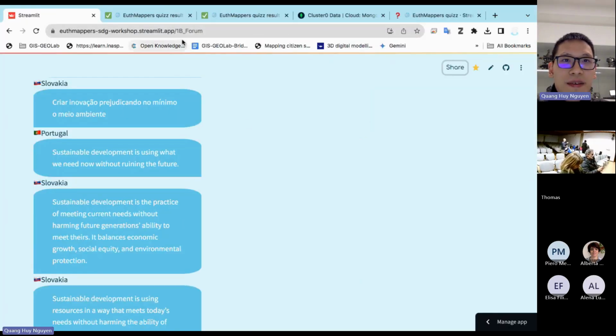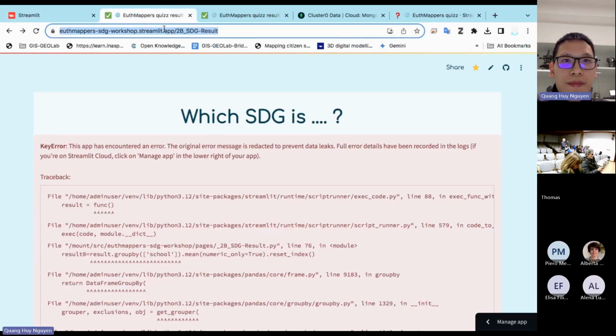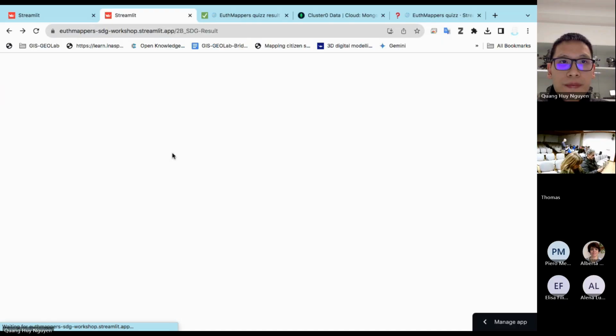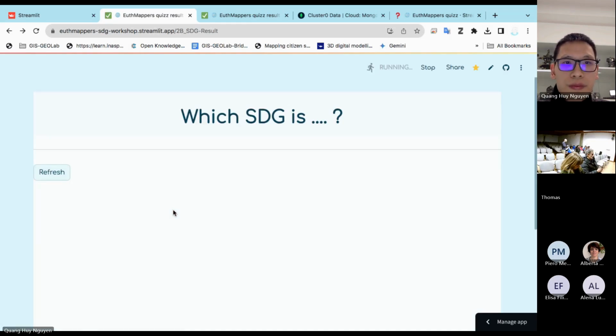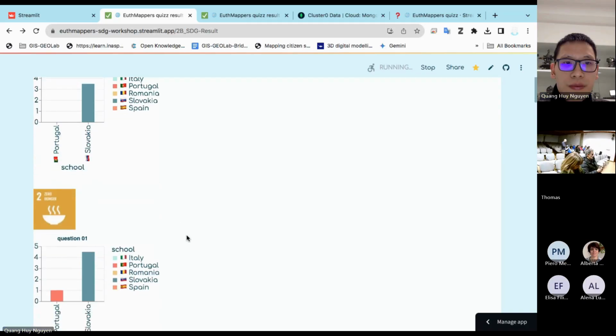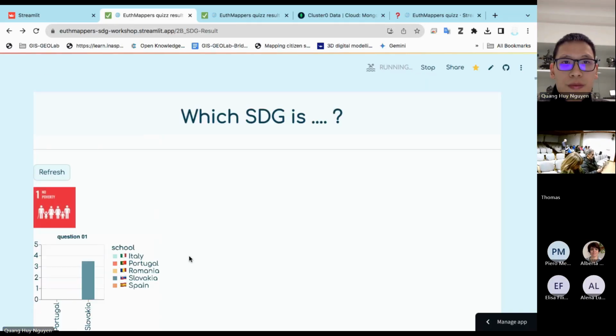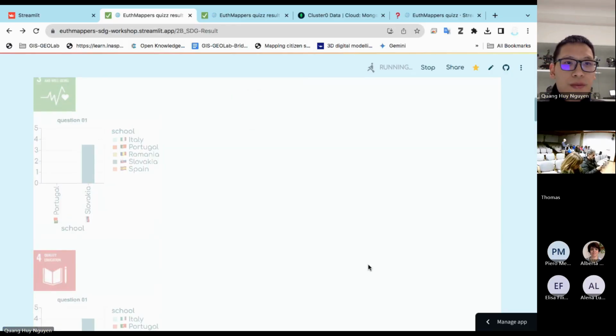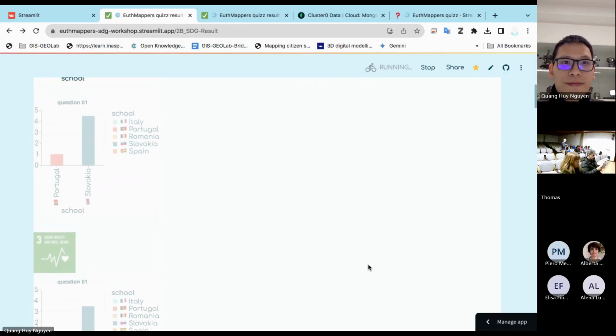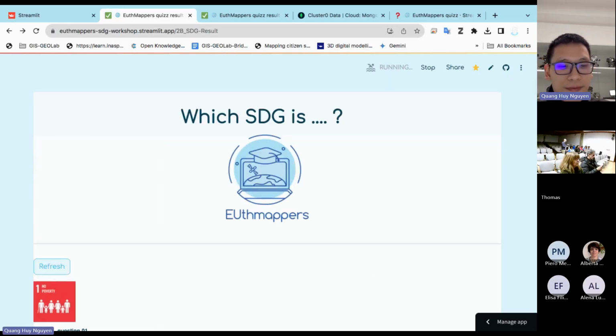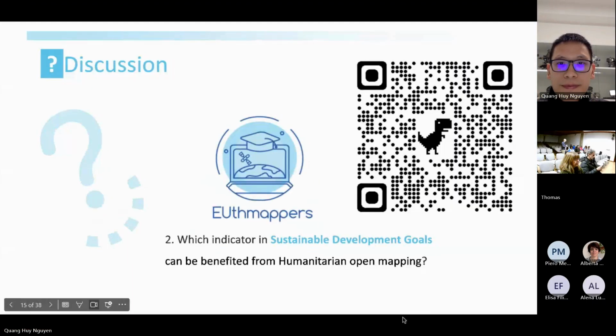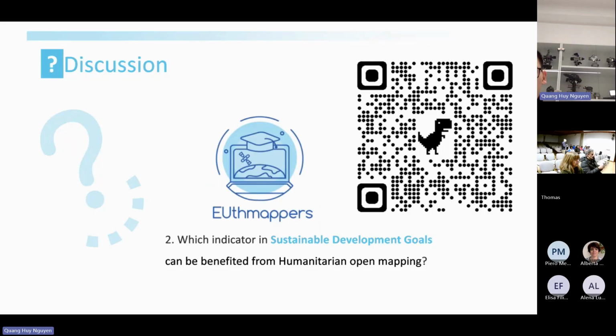In case you haven't scanned the code, here's still the code.